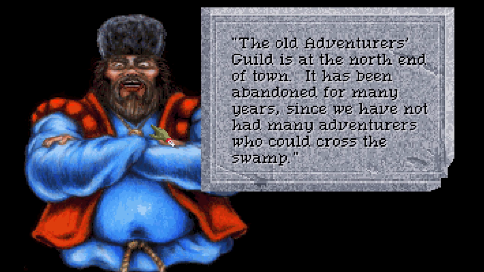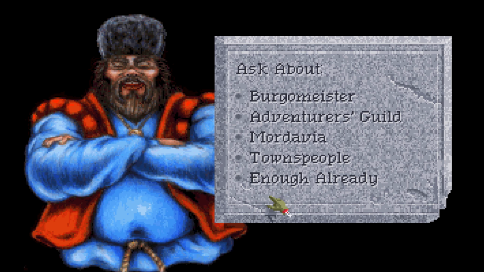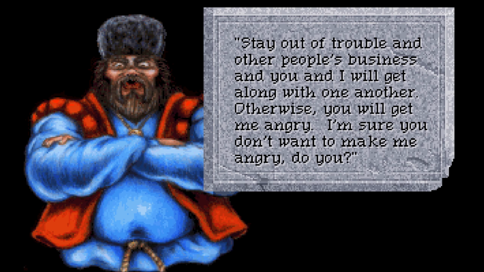The old Adventurers Guild is at the north end of town. It has been abandoned for many years, since we have not had many adventurers who could cross the swamp. Seeing as you are supposed to be an adventurer, here, have a key to the guild door. Perhaps you can find something of use there. Thank you very much. Stay out of trouble and...